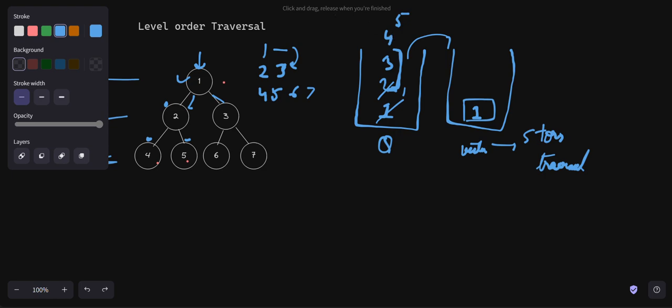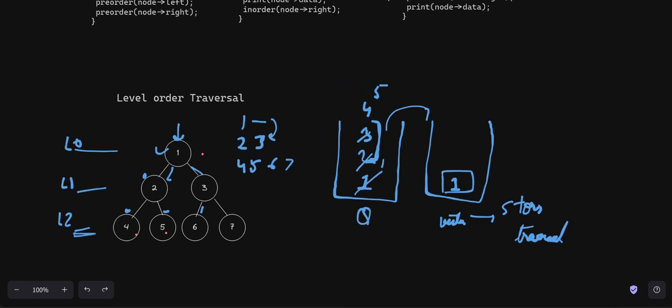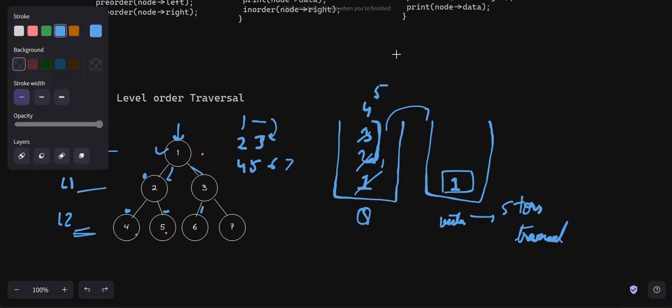So here, for 2 we have done this 4 and 5. Now considering 3, it will be 6 and 7, right? So we will also push 6 and 7 here. Got it? 6 and 7 will also be pushed here. And when this has been popped, we will just write it this way, 2 and 3, right? Now in this queue,